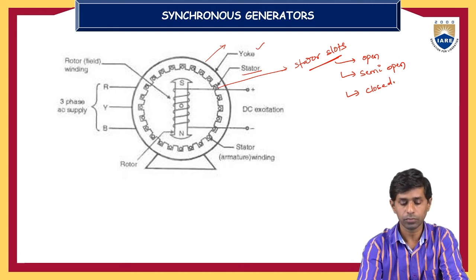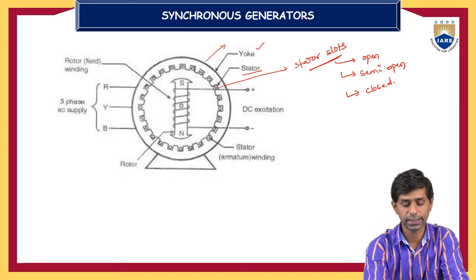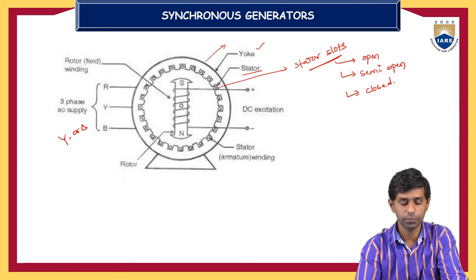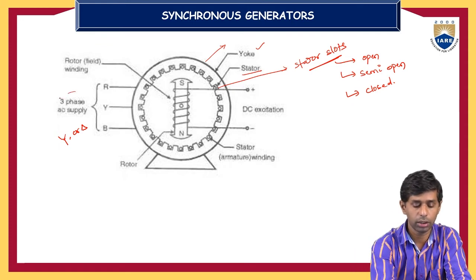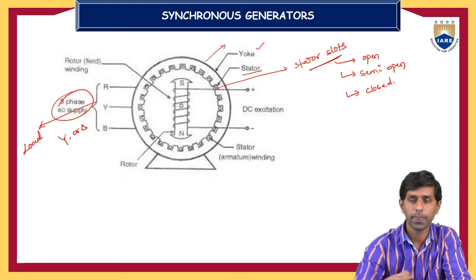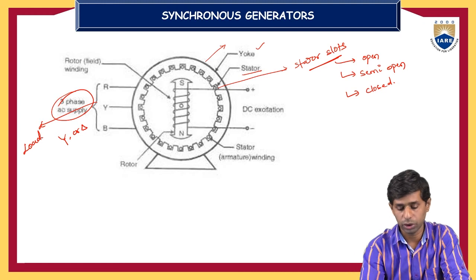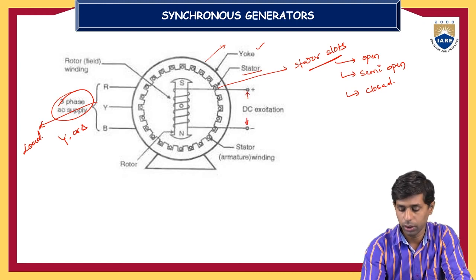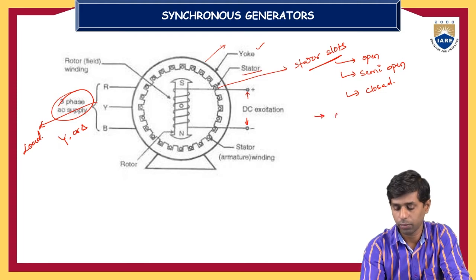And this is all about the stator, three phase stator winding, either star or delta connected. A three phase AC supply, star or delta connected, RYB, is connected to a load, and a rotor which is excited by a DC supply, that is a field winding. So in this case, armature,